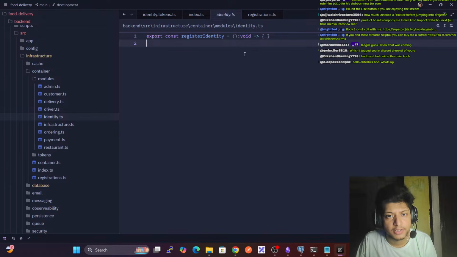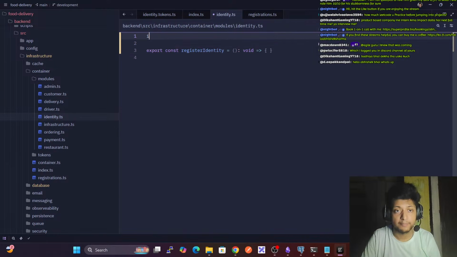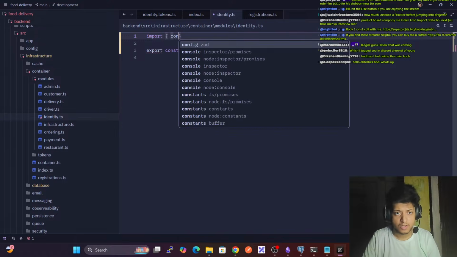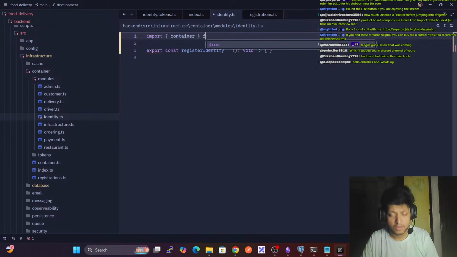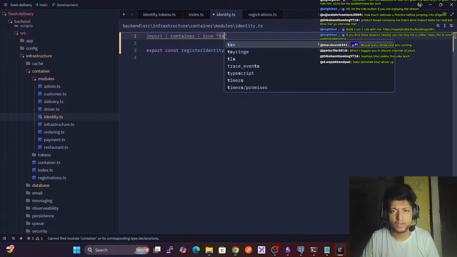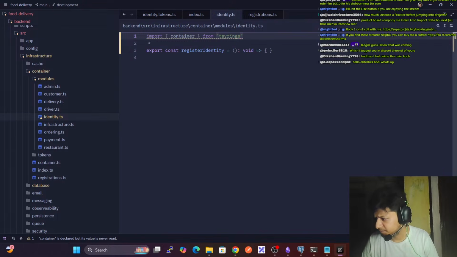Okay, identity.ts. So here I need import container from container from tsyringe. Okay,